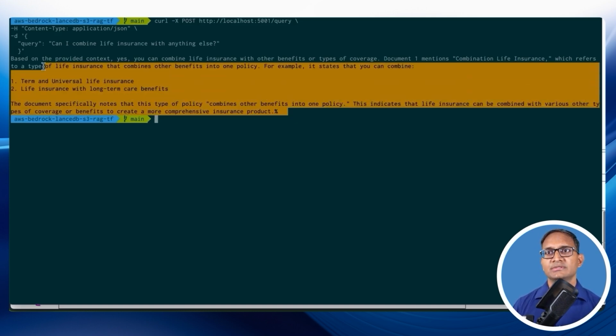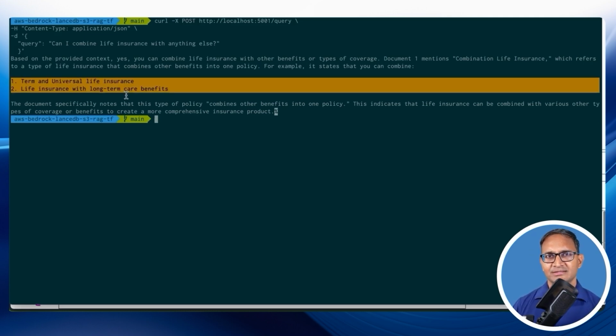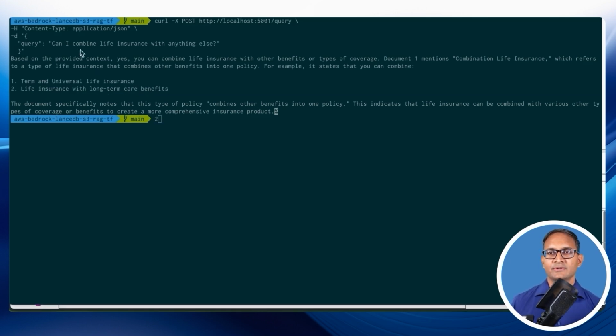Now remember, this is a detail, I can show you, you can look up by yourselves in the datasets wherever life insurance is mentioned, and where combining is mentioned, you can look up this information, and it clearly mentions that these are the two different ways where you can combine your life insurance. So there you go. You ask questions, it replies. You can try different questions,